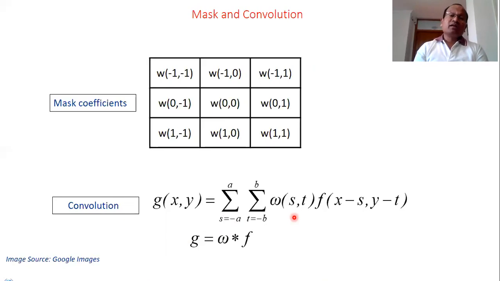In the time domain, the convolution is lengthy. It takes a lot of time. Like how we are doing w(s,t). So when s and t are variables in w, by the same values there will be a delay in the variables of f. This is how we calculate the convolution in the time domain: f(x-s, y-t) times w(s,t).